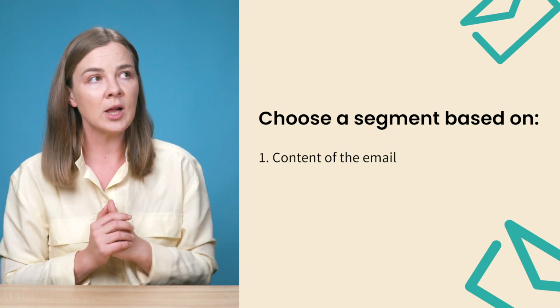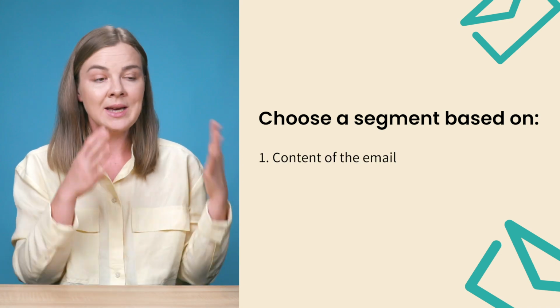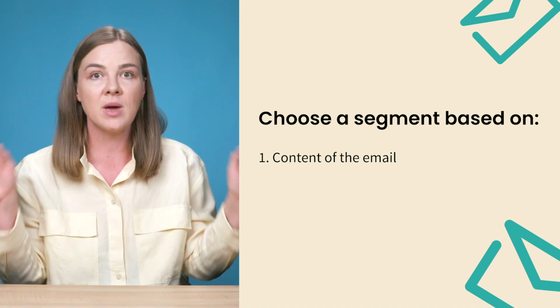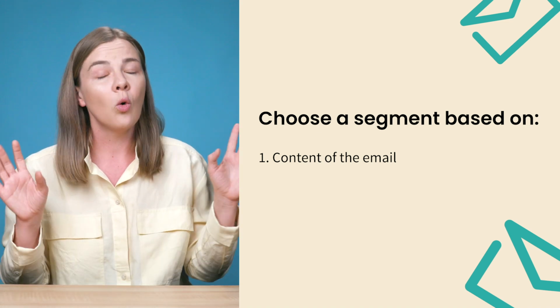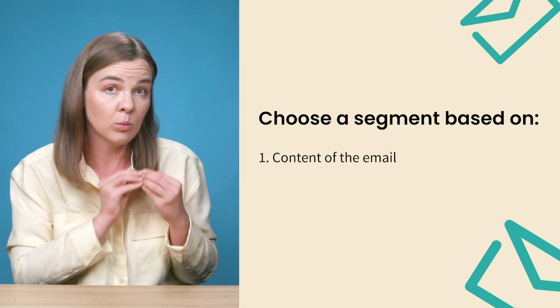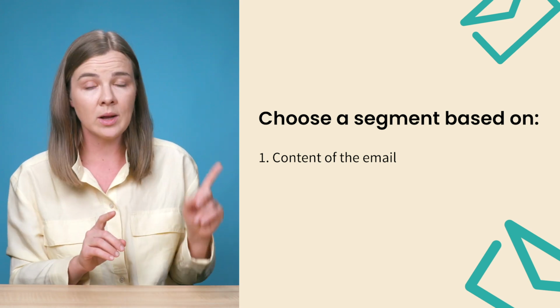And then the way you approach this when you're looking at your content calendar and when you're evaluating who to send this particular email campaign to, you evaluate 2 things. A, you evaluate the content of this email. Is this something that everybody on my list should hear about? Is it a big announcement, like a big sale? Or is this content that really only my core, most engaged people would be interested in? So that's number 1, or A.